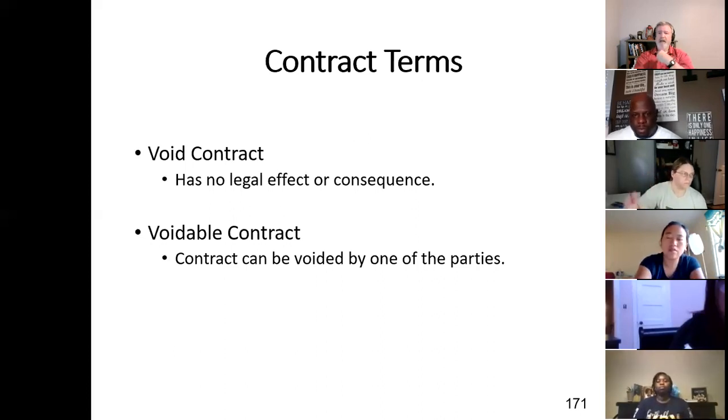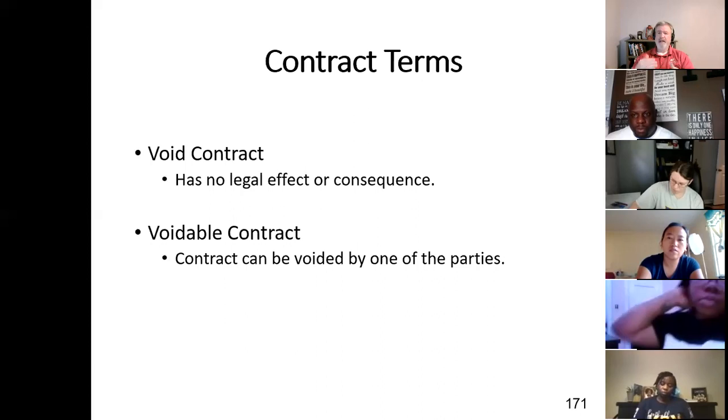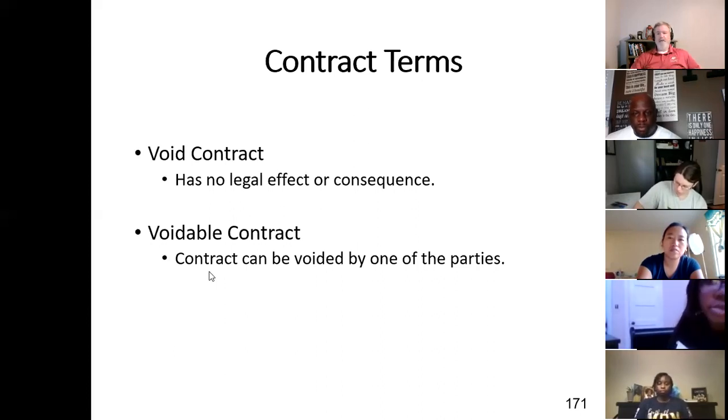If I reject the offer or the counter offer, then that voids whatever contract was initially in place. But the time that I'm trying to figure out which one of these options I'm going to take is considered voidable, because it is voidable by me. If I choose to just reject it, then that would void the contract. Does that make sense? Very good. All right. So be careful. Don't confuse these two. I'm telling you, this is going to get you on the exam if you're not careful.